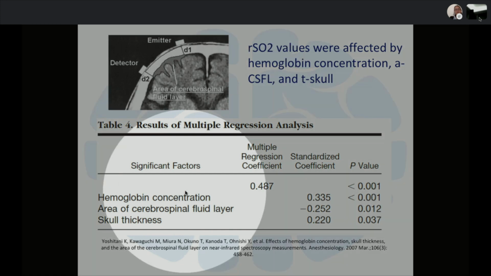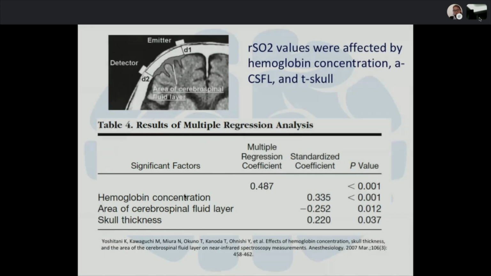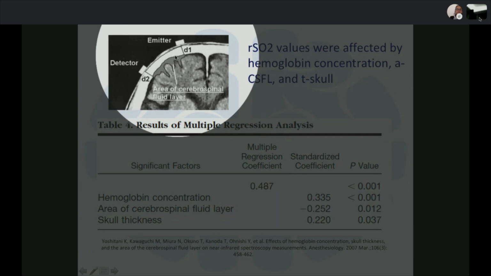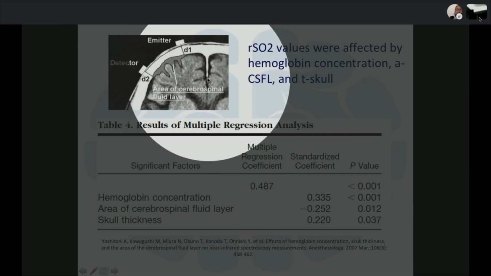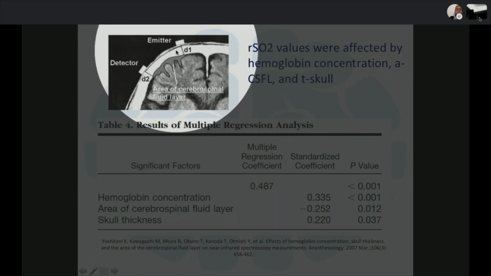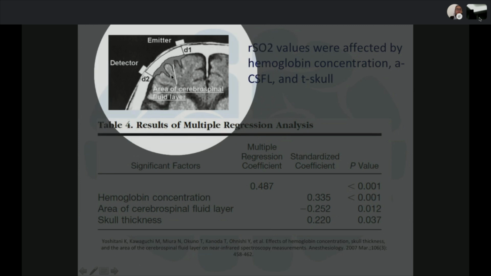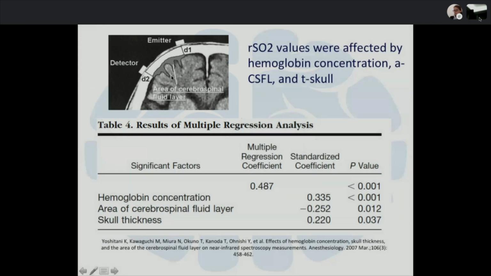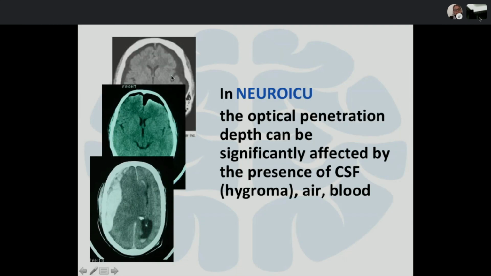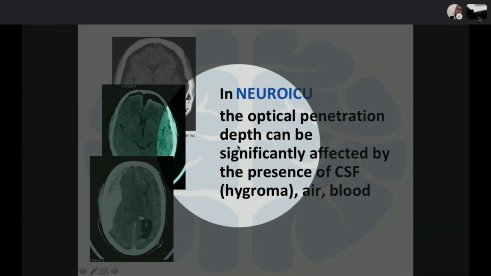And again, we have the hemoglobin concentration, not surprising at all, the area of the cerebral spinal fluid layer, and of course the skull thickness, okay? And this is, again, what we were discussing before about the path that the waveform needs to go through. Obviously, in patients with brain injury in the neuro ICU, we need to be really careful before we start this kind of monitoring, because, for example, this is a patient with